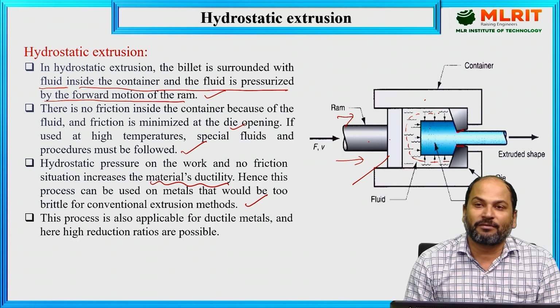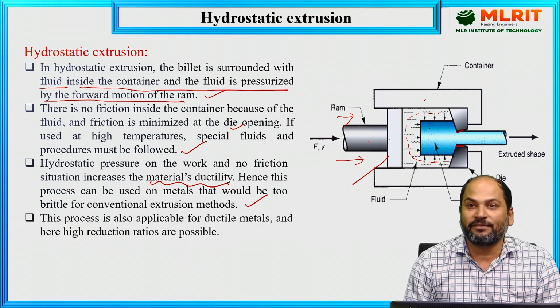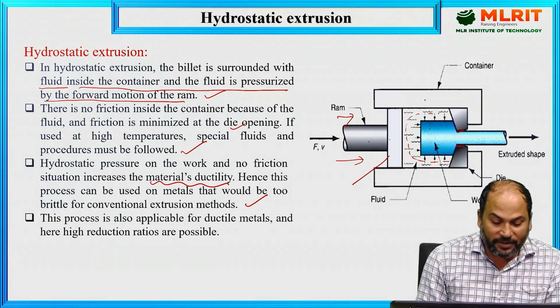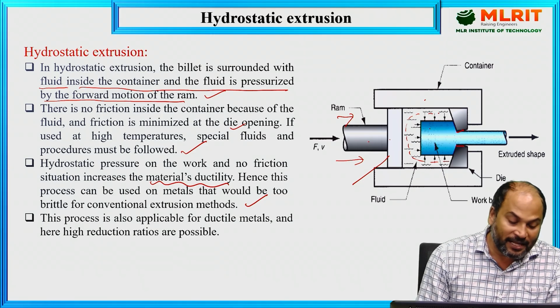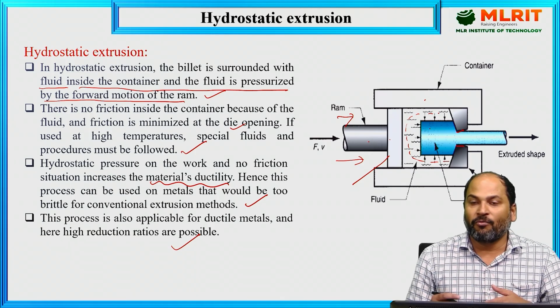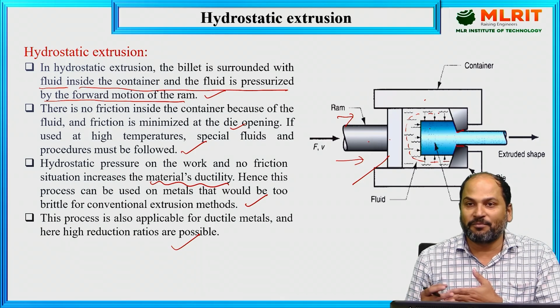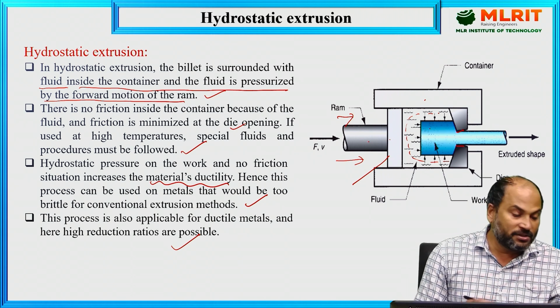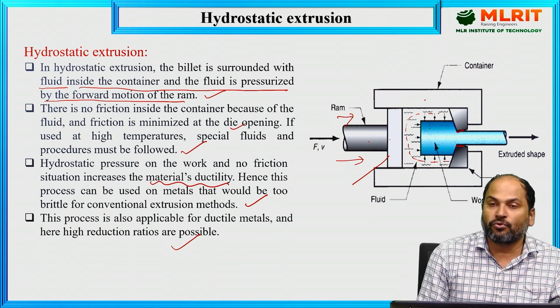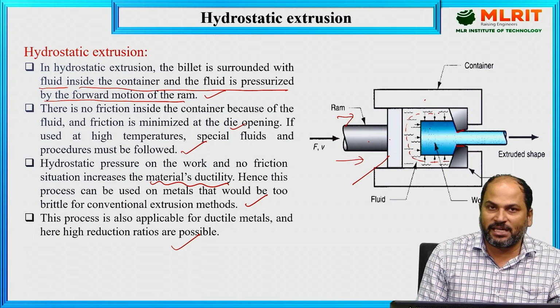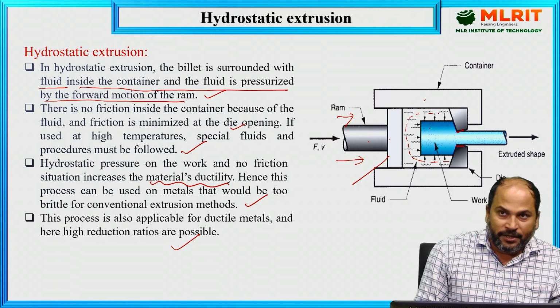So what can be done? Even the brittle material very easily we are going to deform by this process. This process is also applicable for ductile metals, and here high reduction ratios are possible. This is not only applicable for the brittle materials, even the ductile materials also we can deform by this process. So this is the major advantage of this one, both categories of material we can easily deform by this process, and whatever the shape or the size we want, easily we are going to get through this extrusion process,